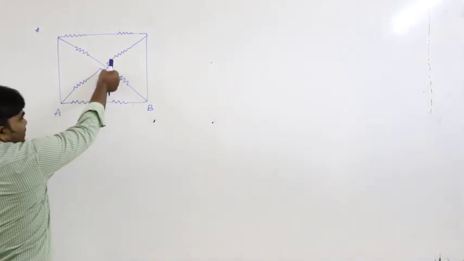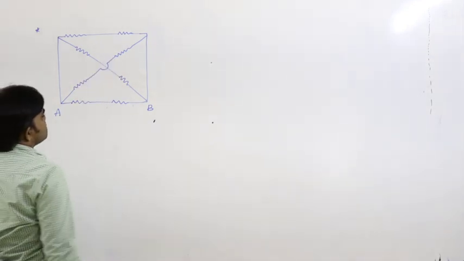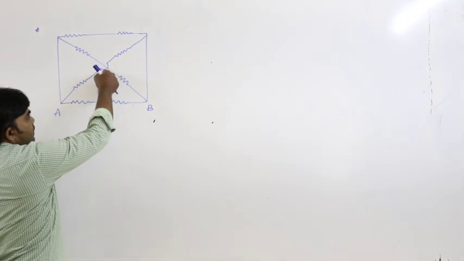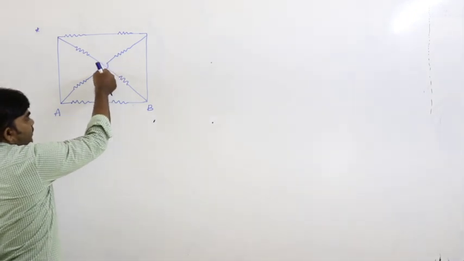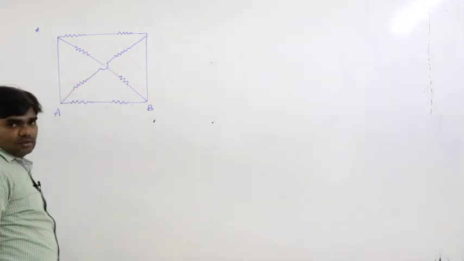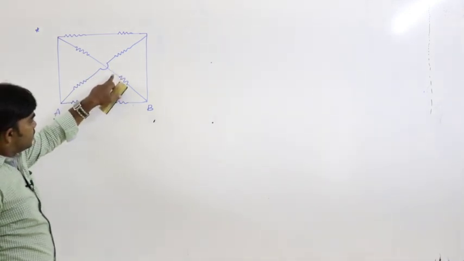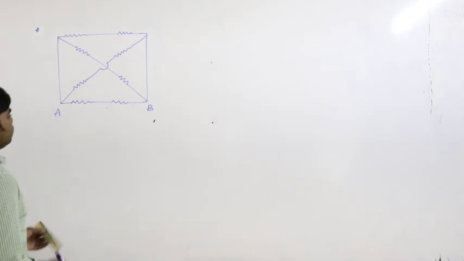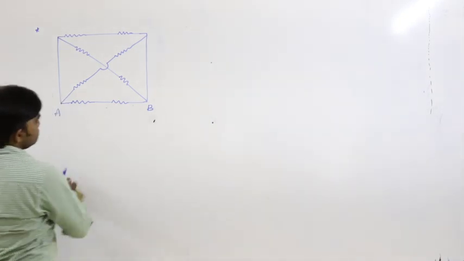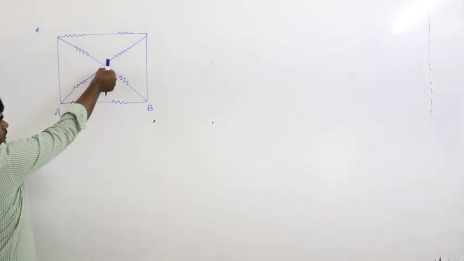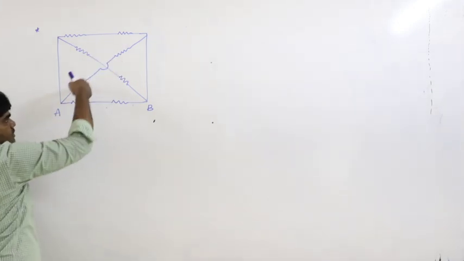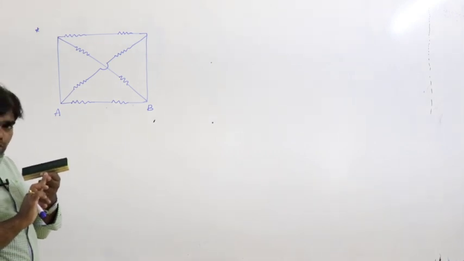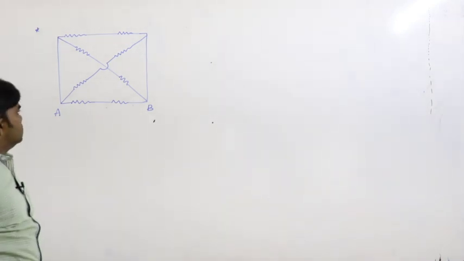So what does this symbol mean? What is the meaning of this symbol? So there is no connection between this line and this line. So the symbol means there is no connection between this line and this line. That is important here. So how can we solve this one? This symbol indicates this line and this line do not touch. So there is no touching between those two lines.